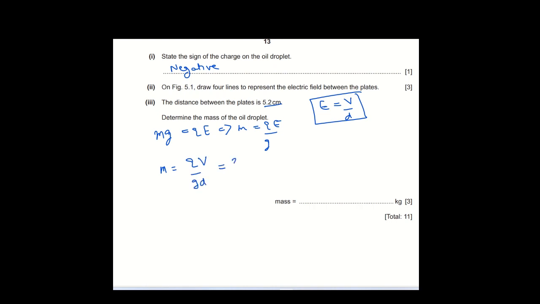So it will be 3.2 into 10 raised to power minus 19 multiplied by 1200 divided by 9.8 into 5.2 into 10 raised to power minus 2. So this mass will come out to be 7.5 into 10 raised to power minus 16. D part is